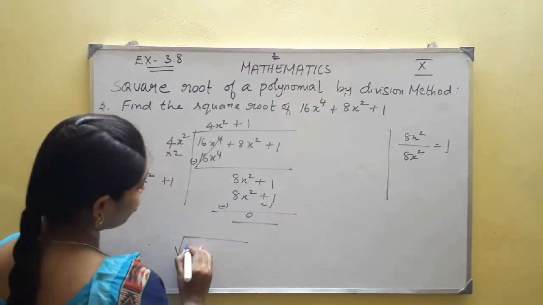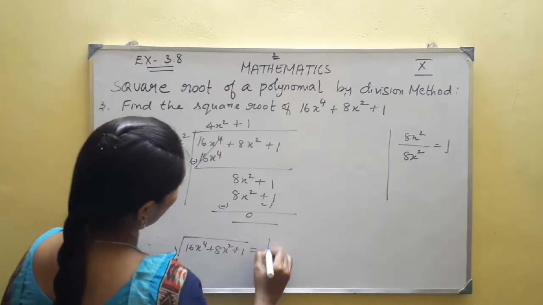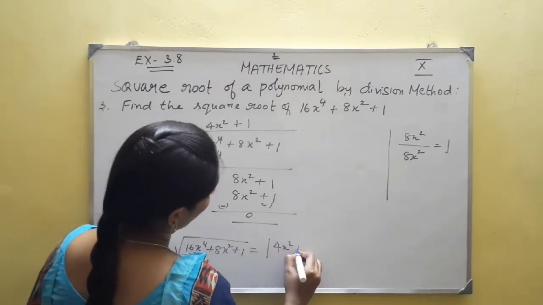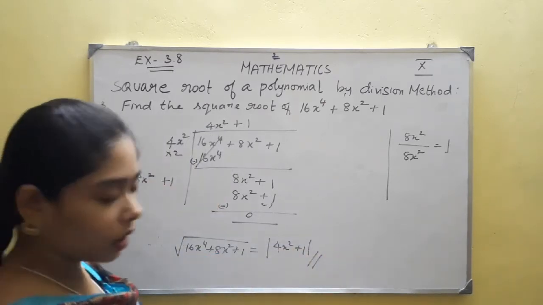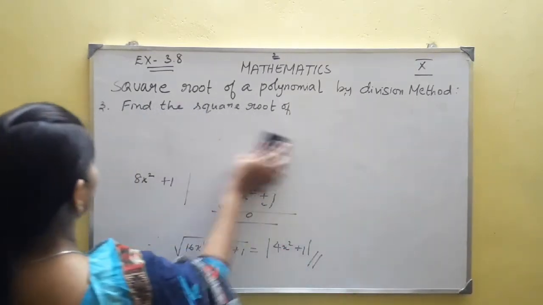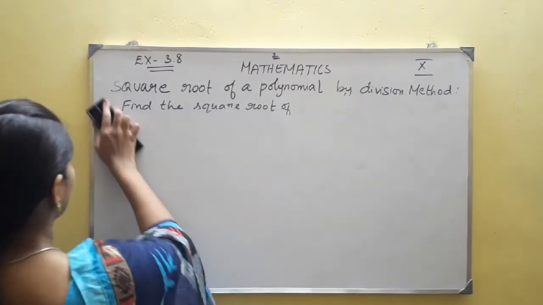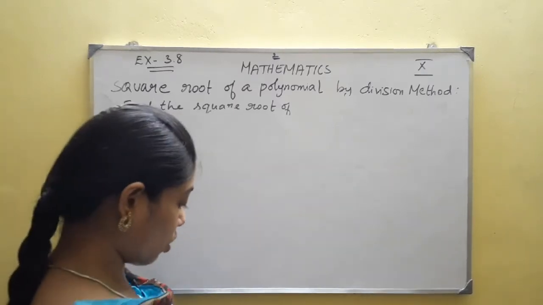Therefore conclude your solution. Square root of 16x power 4 plus 8x square plus 1 gives you modulus 4x square plus 1. This is your solution. Now fourth problem. Okay, find the square root of